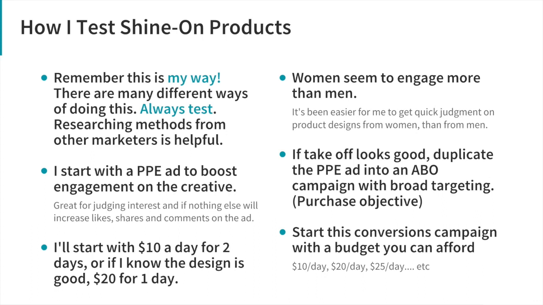You will get likes, comments, and shares from a conversions campaign, but the whole objective of a conversions campaign is to get people to buy. So the type of traffic Facebook will send you from conversion campaigns is purely aimed at getting people to buy a product, not as much to get likes, shares, and comments. So it can help your whole ad if you keep the PPE ad running as well as this new conversions campaign. You can happily turn the PPE ad off, or you can keep it running depending on